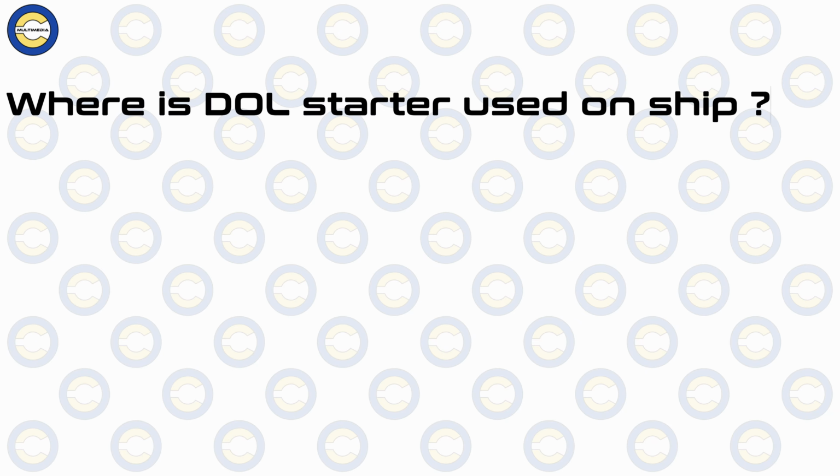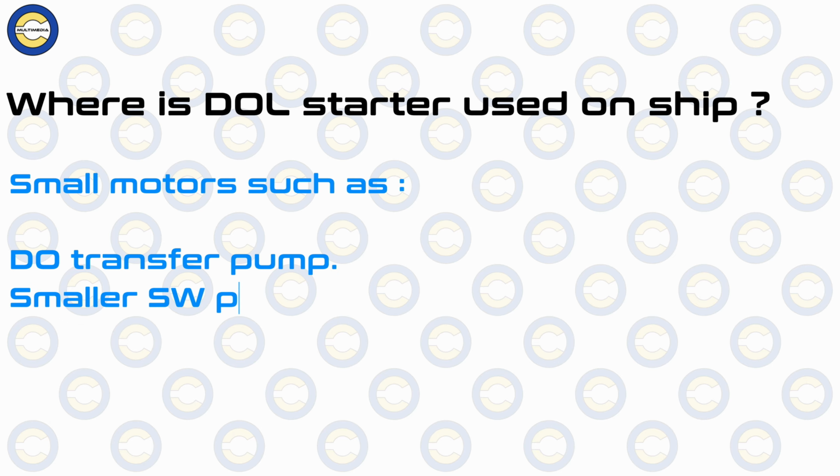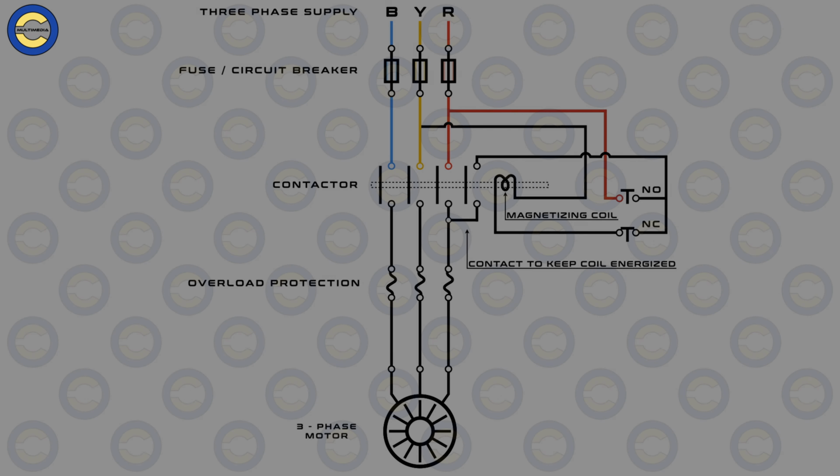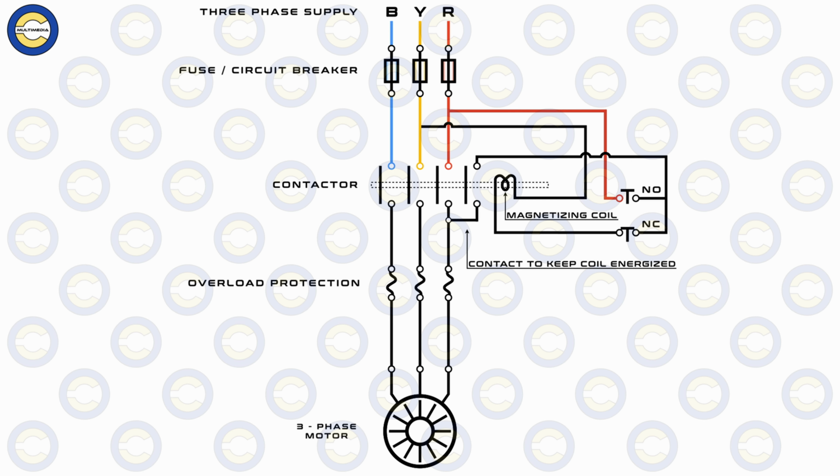We can use it for relatively smaller seawater pumps, the fuel transfer pumps like for example the DO transfer pump, etc., which do not draw very high starting current and have relatively lower load during operations as well, or for certain standby units which have relatively lesser surges or relatively lesser load in terms of operation. So essentially, the protection provided by the elements involved within the construction of the starter, for example the overload relay, is the primary benefit,